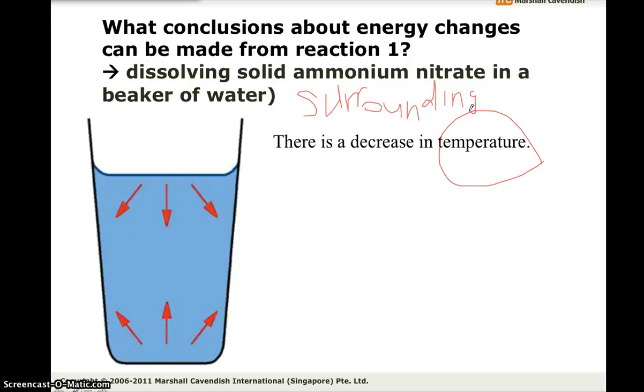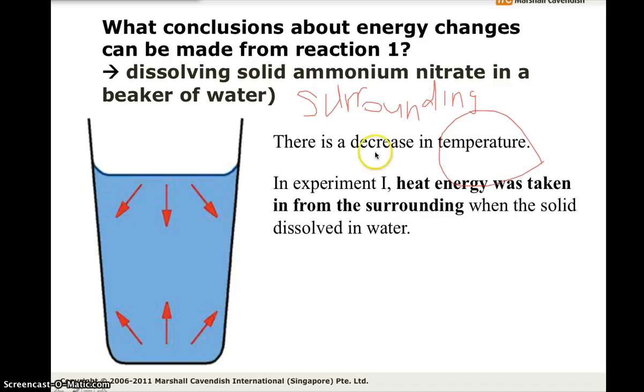That's right, we are referring to the temperature of the surrounding. Okay, please get this clear. Alright, the decrease in temperature is due to the fact that heat energy was taken in from the surrounding, which explains why there is a decrease in temperature. Now, we call this